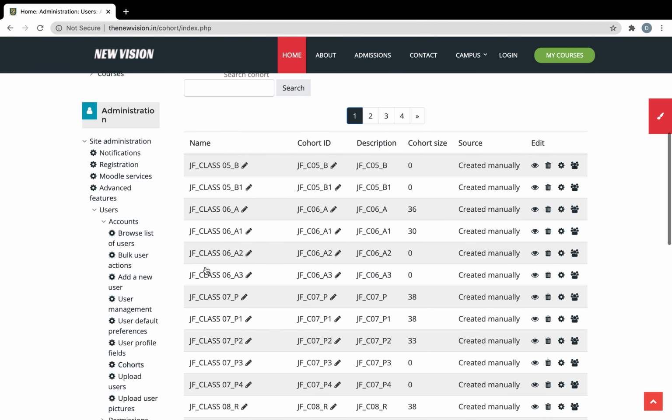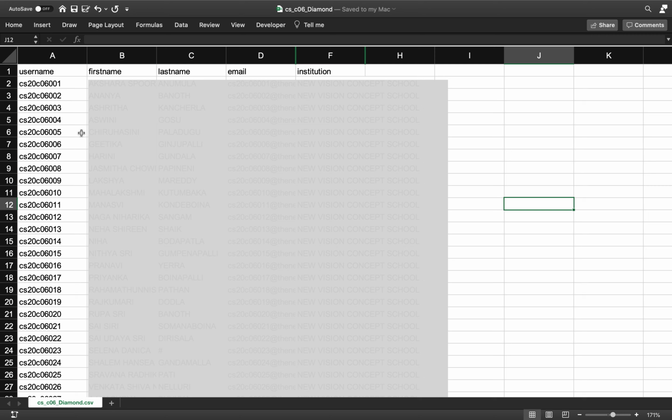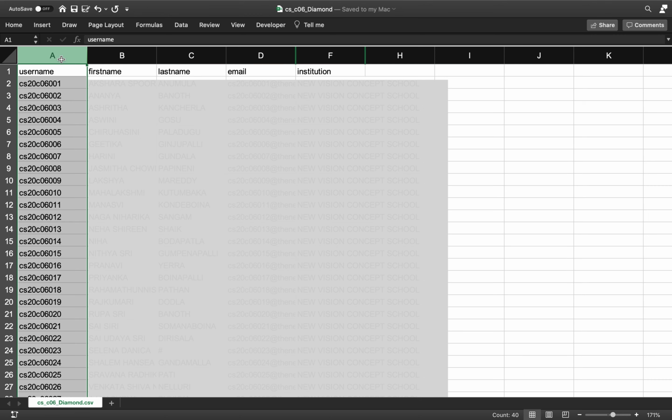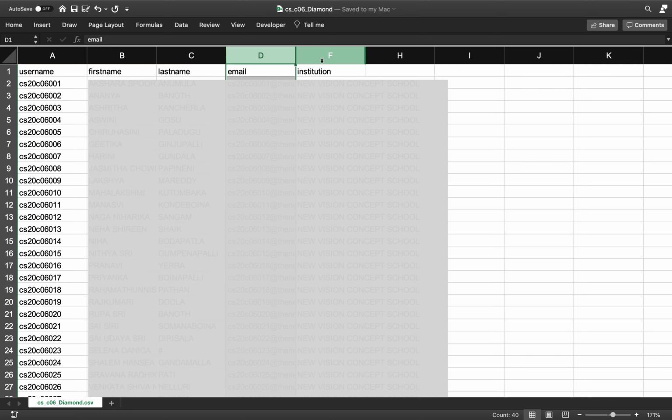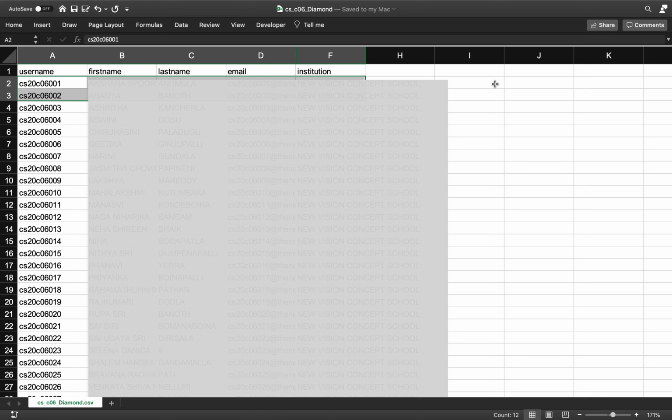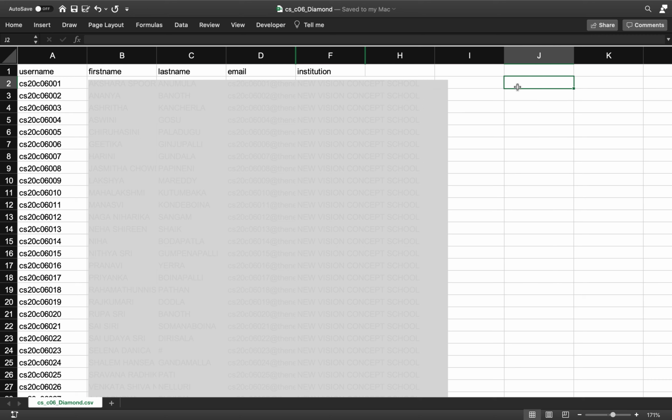Now you are inside. All the sections, all the classrooms, all the students' details are present here. Now first of all you should obtain this Excel sheet. This Excel sheet will have all the username, first name, last name, mail ID, institution, all the details. So here first you should filter who is the paid user and who is the unpaid user.